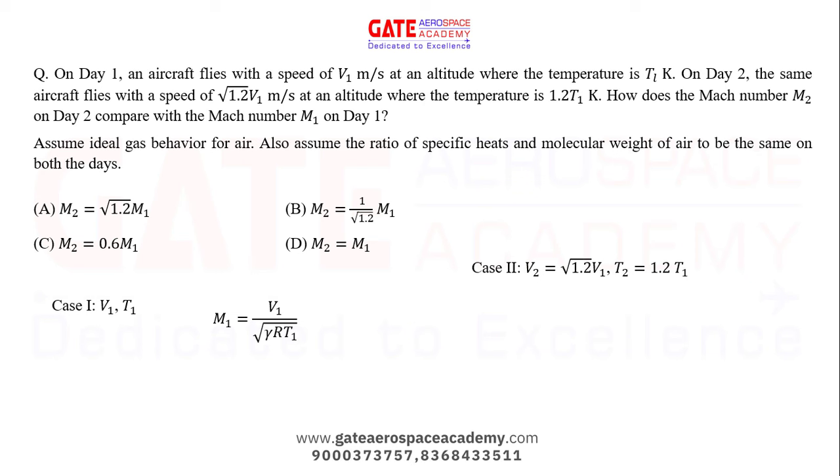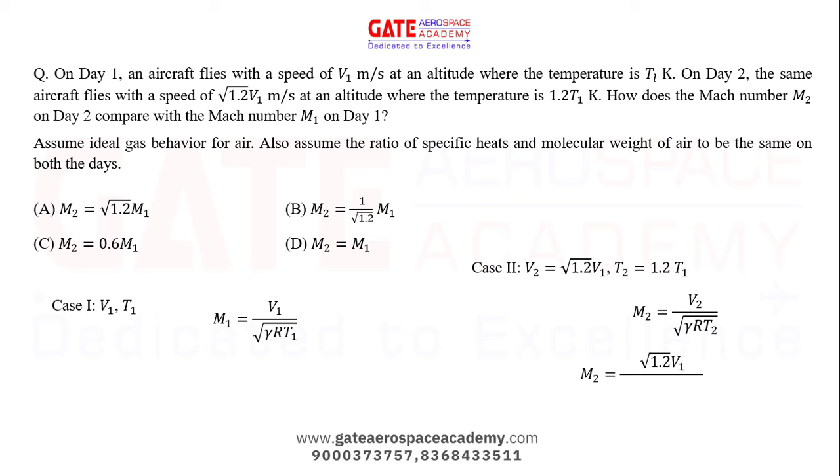M2 is equal to V2 divided by A2. A2 is under root gamma r T2. So V2 divided by under root gamma r T2. Now we can substitute V2 and T2 in terms of V1. So M2 is equal to under root 1.2 V1 in place of V2